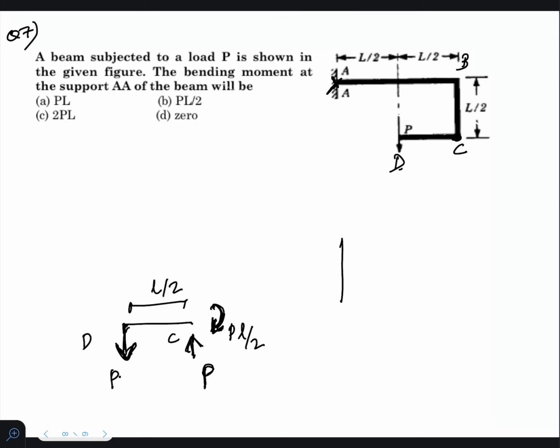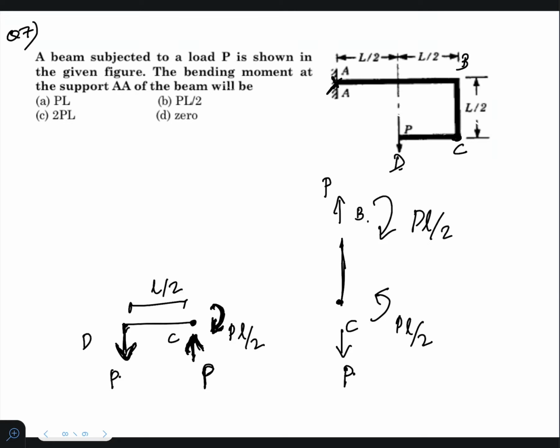Now the CB we will draw here. CB. See here, this direction, see this one. So to nullify here, the net force should be 0 here. So at this point there should be an opposite one. See, P load is going upward, means here P load should go downward, and moment here is clockwise, means here it should be anti-clockwise. So PL by 2. And this section BC, in order to resist this one, it should have load like this, PL by 2. So we have drawn BC free body diagram.